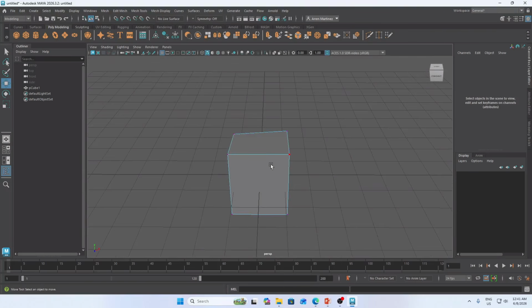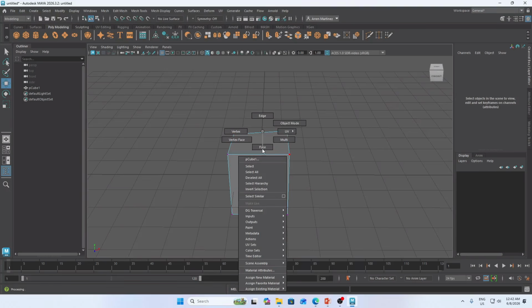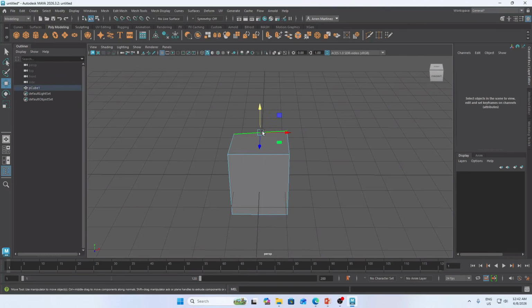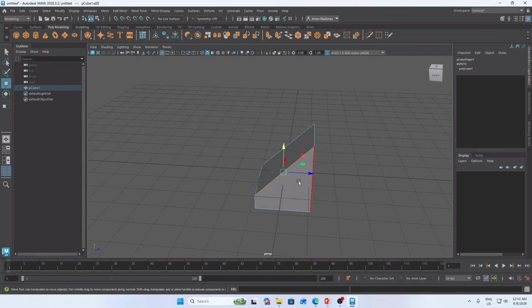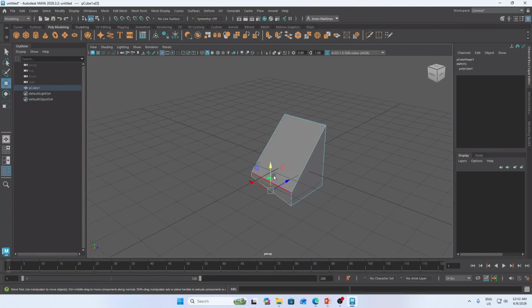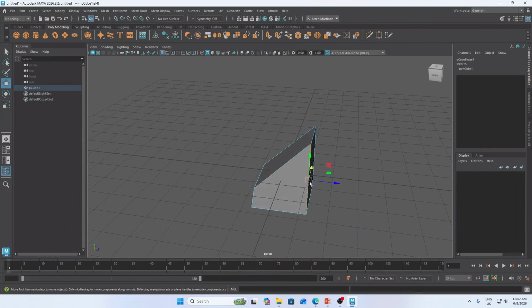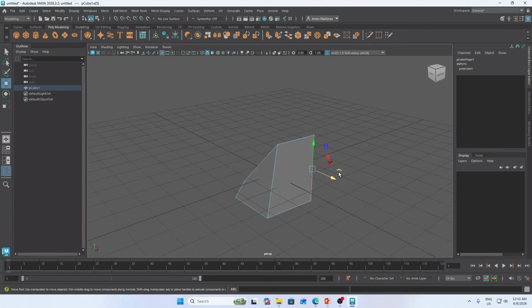How about the edge selection? Once again, hold right click, don't release it yet. Okay, go into edge selection. This time, from the word itself, you can manipulate the particular part of the object by its edge.